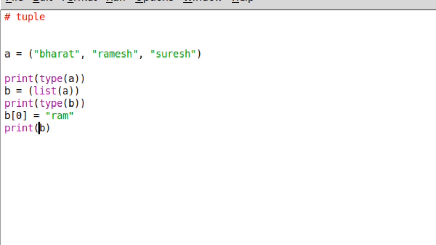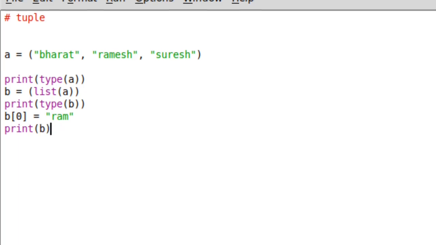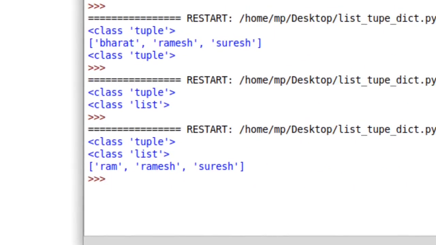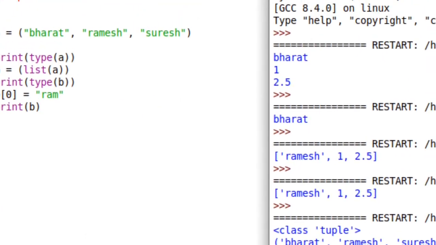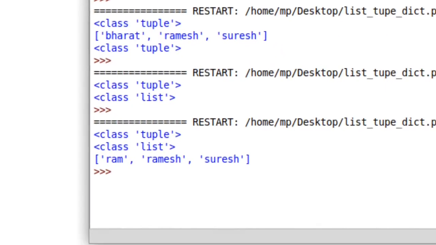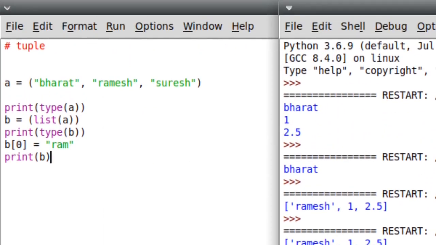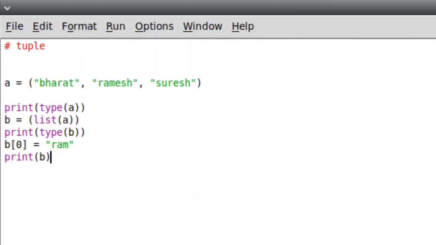And if I want I can convert it again to a tuple. So first we'll see whether it changed or not. If I press F5 again and run that. Okay, so Ram, it's changed. As you can see earlier this was my name, now it's Ram, Ramesh and Suresh. Now it's a list, so we can convert back to a tuple.